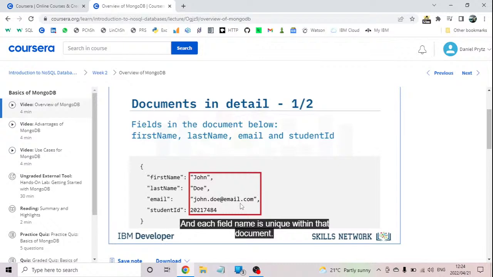MongoDB documents do not discriminate on what data types you are loading in your Python dictionary, JavaScript Object Notation, or